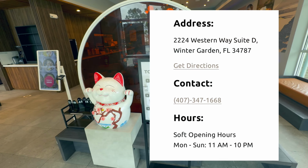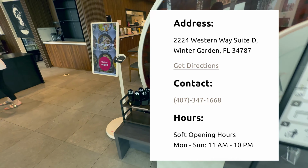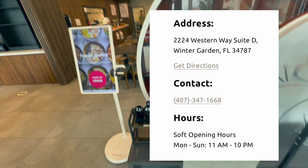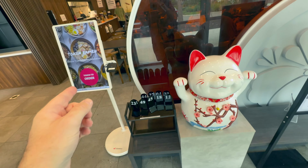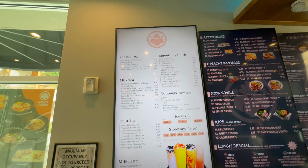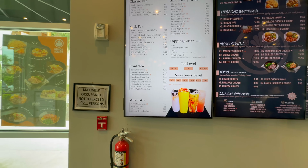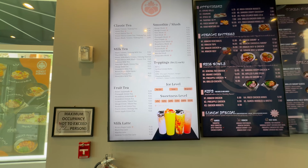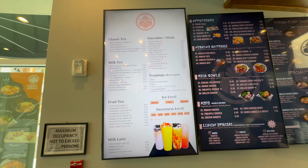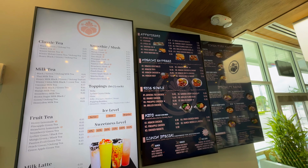Order at the kiosk, sit at an open table, and dispose of your trash when you're done. You can pick a number here. Again, you can sit at any table. Just take one of those numbers and key in your order when you place that order so they'll know where to bring your food. You can see the menu here and what they have. Selections of fruit teas, milk teas, classic teas, all the toppings, extra boba, smoothies and slushes, their appetizers, hibachi entrees,